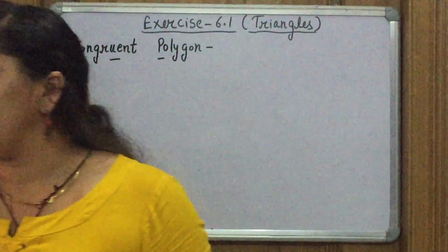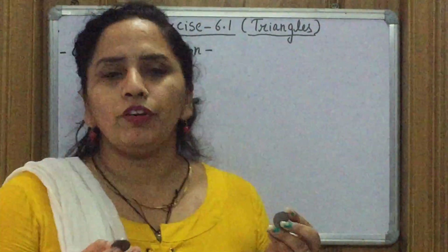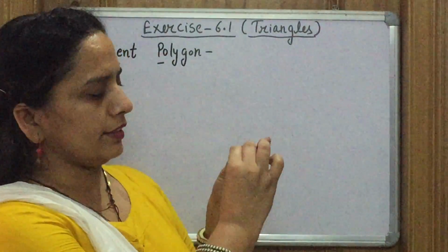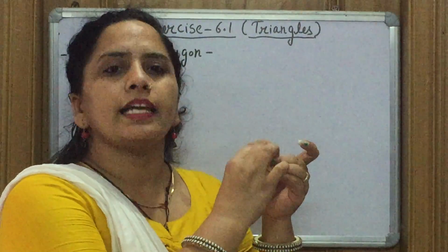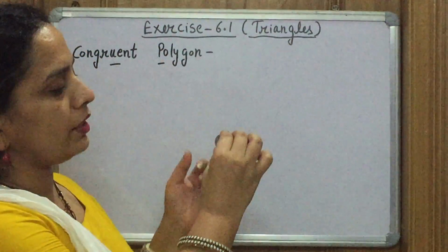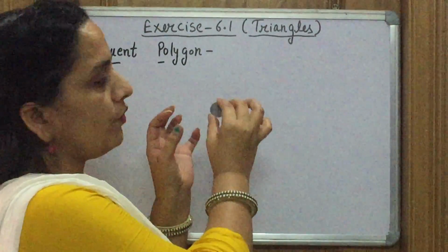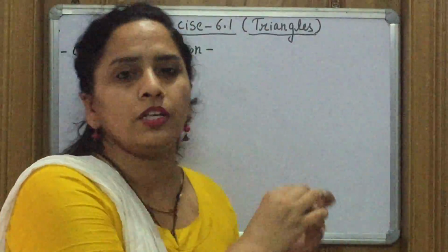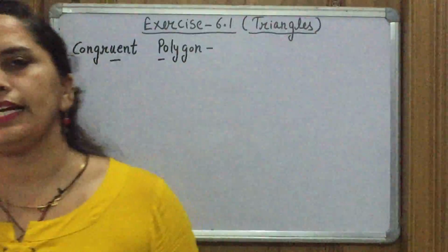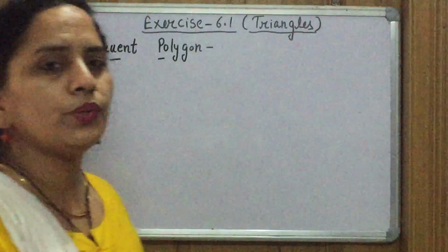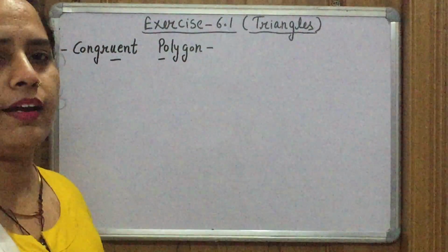For example, here we have two 1 rupee coins. If we put one coin onto another, the first coin completely covers the second coin, so that we are not able to see the first coin. If we see it from the front of these coins, we are not able to see the second coin. So we can say that these two coins are congruent. So we can say that two figures are congruent if they are completely equal with respect to their sides, angles,